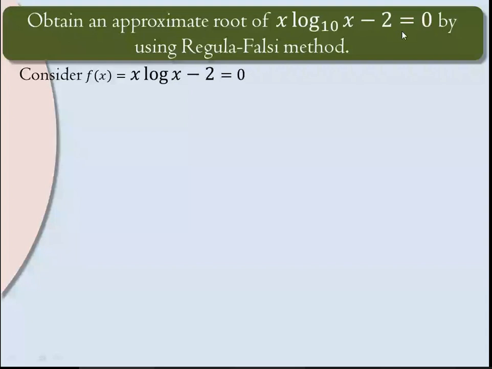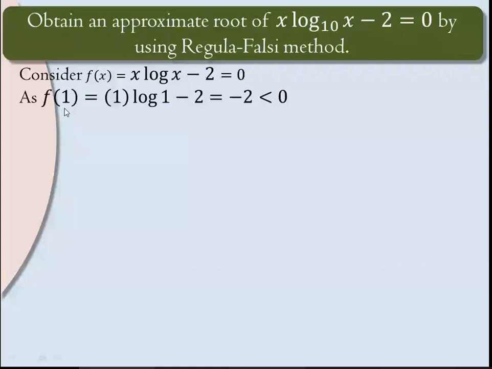So again, take this function as f of x, check for different values of x. A negative value we cannot take because log of a negative number is not defined. So we try for non-zero positive values because log of 0 is also not defined. So we check it for the positive values. We can start with 1. Why are we starting with 1? Because log 0 is not defined and log of a negative number is also not possible. So we are trying for plus 1.